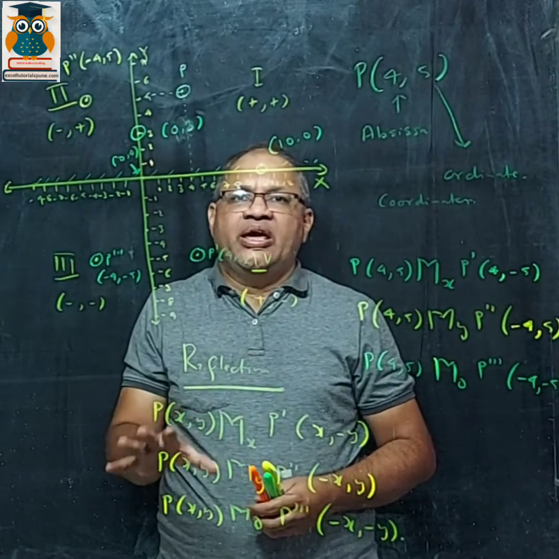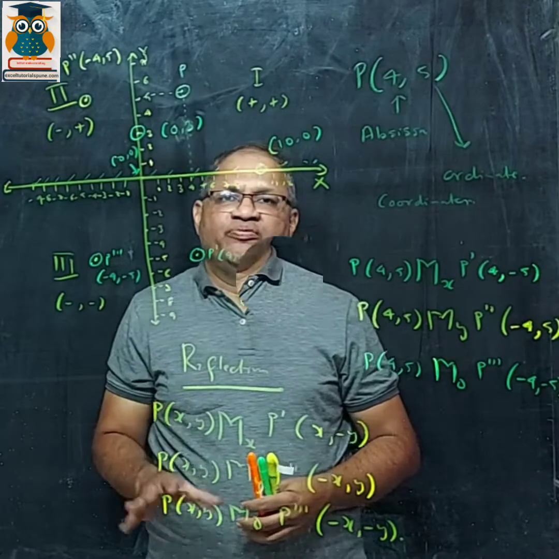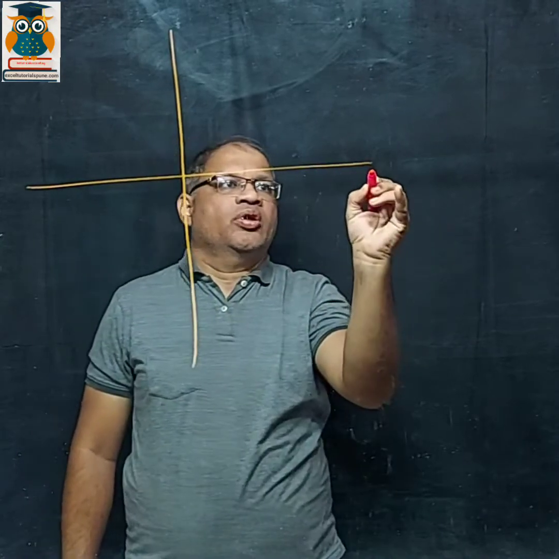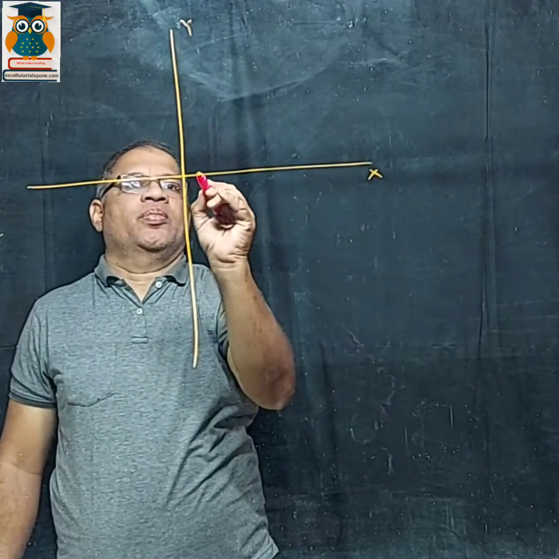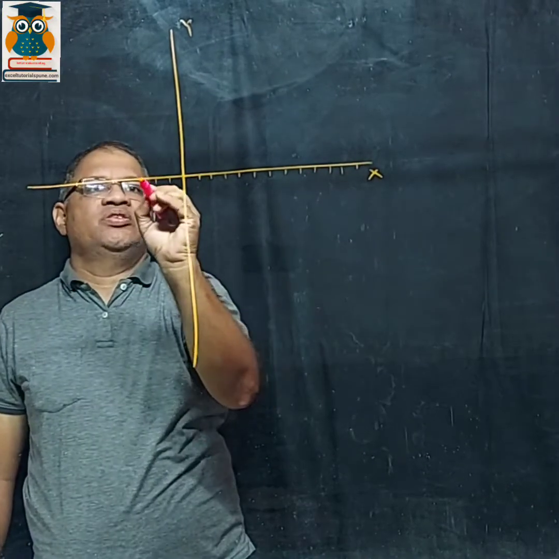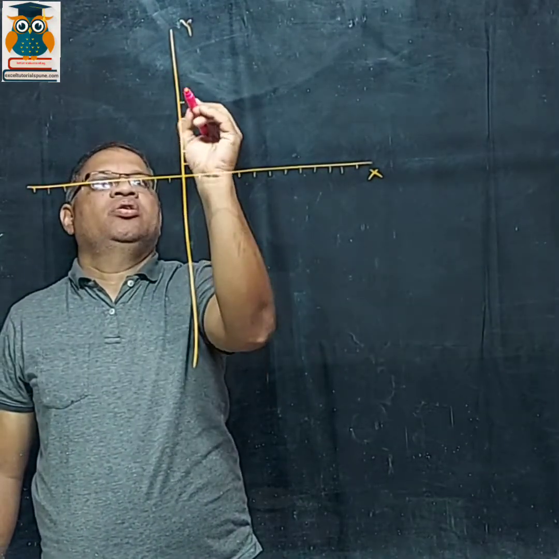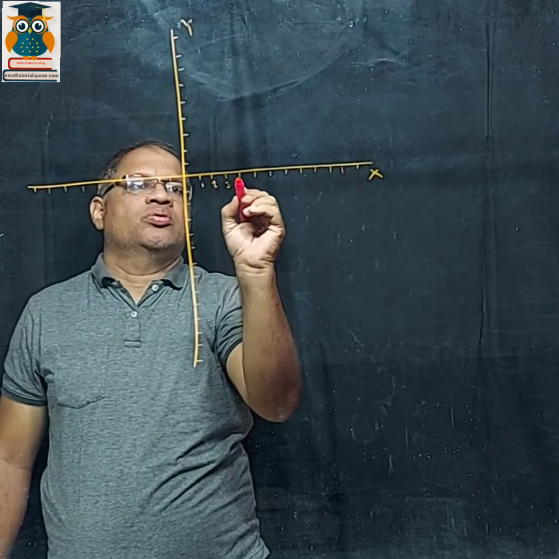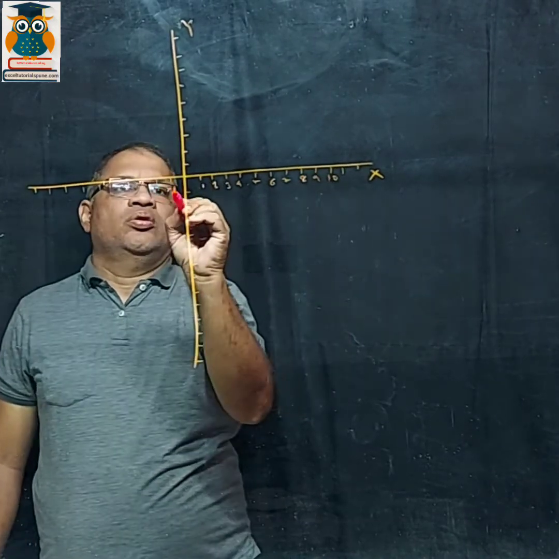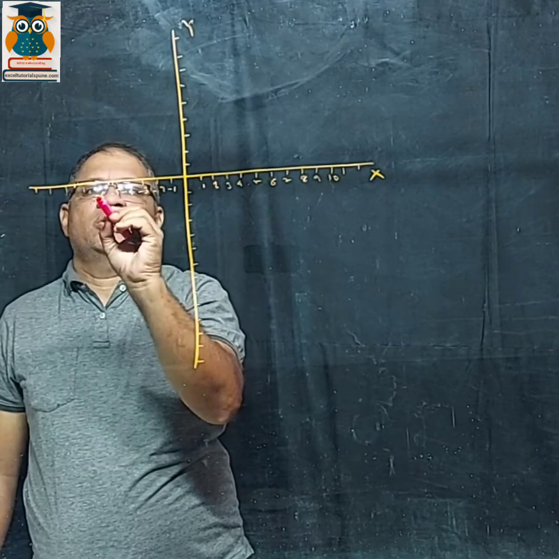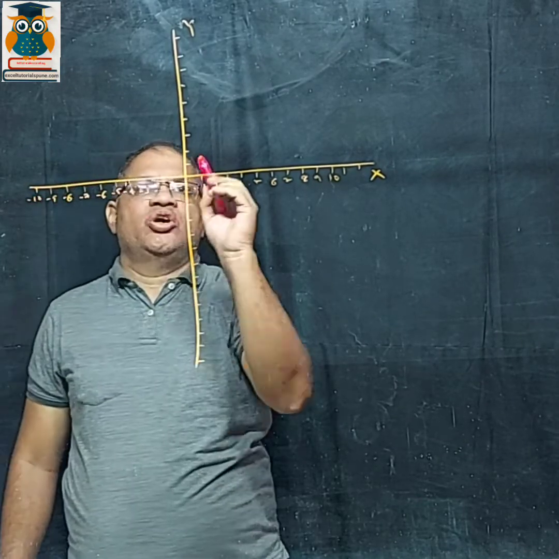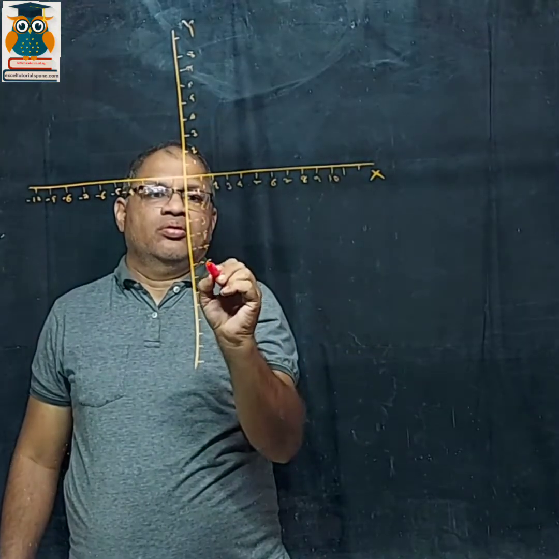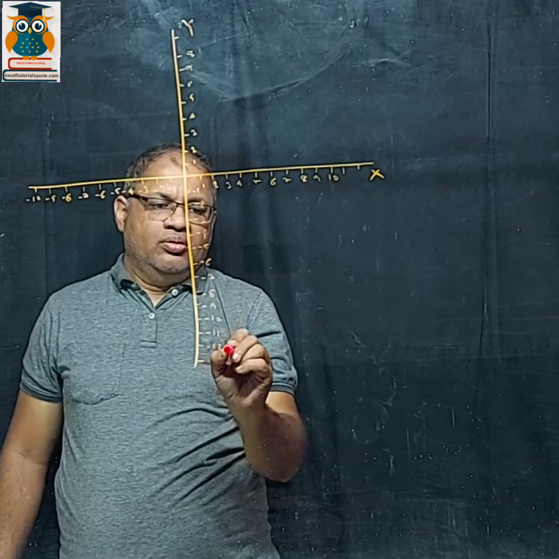Now we'll do the formulas on section formula. We will study different types of formulas on section formula. We have the coordinate axes x and y. Just fill in this number line first. Whenever you get questions on this, use the graph paper only when you are asked to do so. A rough number line you can draw in case you are not understanding what the sum is about. Okay, this is your origin.